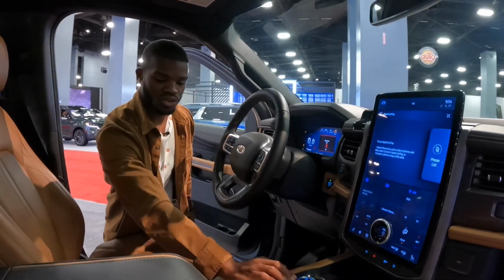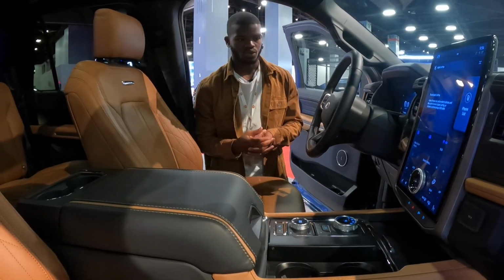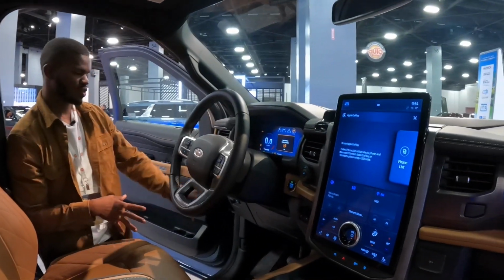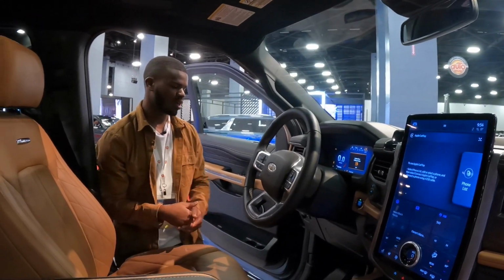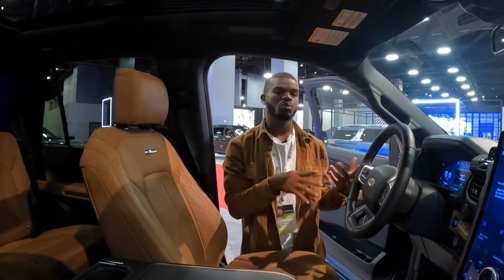Of course, you guys know this is a traditional Ford thing with the rotary knob. This does house that 10-speed automatic transmission. It also has the Pro trailer backup assist there. Over here is for your headlight controls, electronic parking brake. And of course, you can also adjust the pedals, just like I mentioned in my previous Expedition review, which was